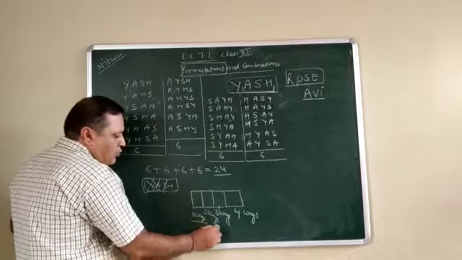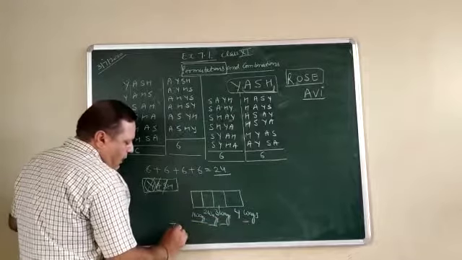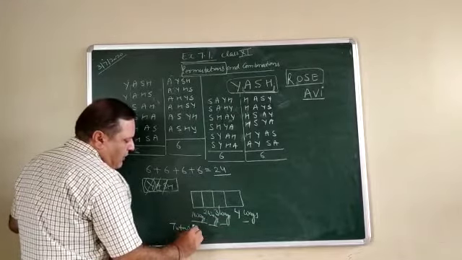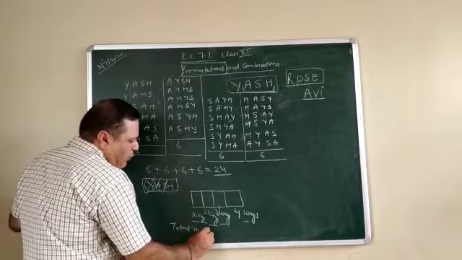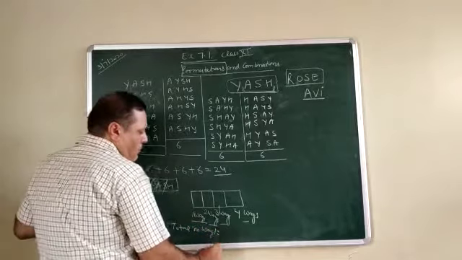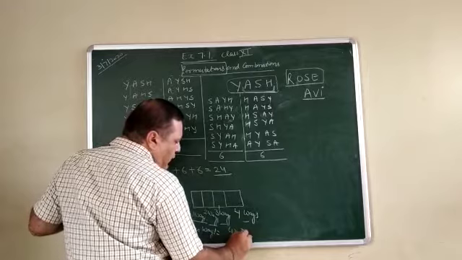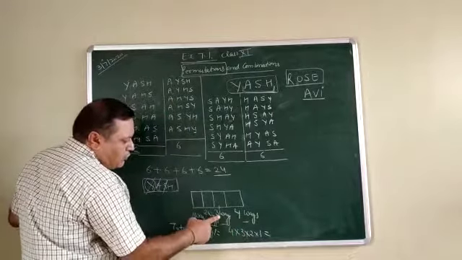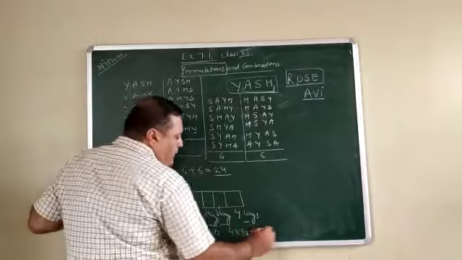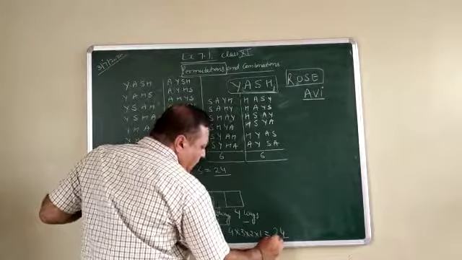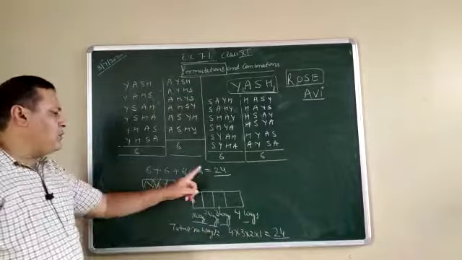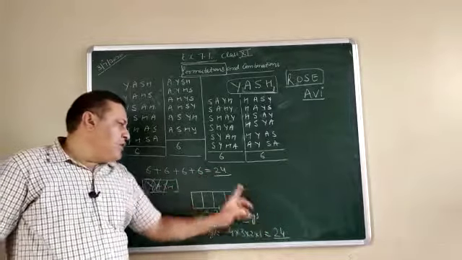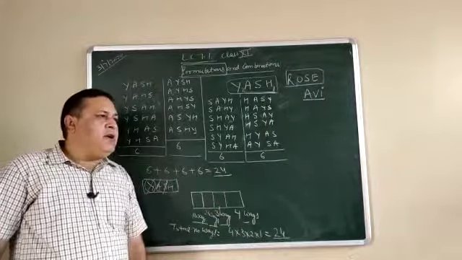So how can we calculate the total number of ways? The simple way, go for the product. Total number of ways is 4 into 3 into 2 into 1. 4 ways into 3 ways into 2 ways into 1 way. Total number of ways are 24. If you observe, the result is the same. So it can be arranged by a different method.